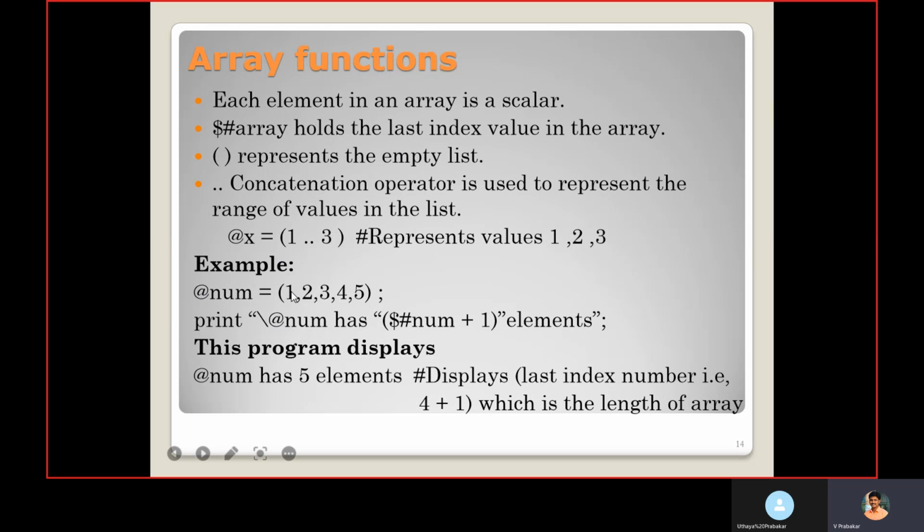Here if you see, the indexes are 0, 1, 2, 3, 4. If I add 1 to that, I will get the number of elements present in that array. So $#num gives the last index value, which is 4. 4 plus 1 is 5. So 5 elements are there.